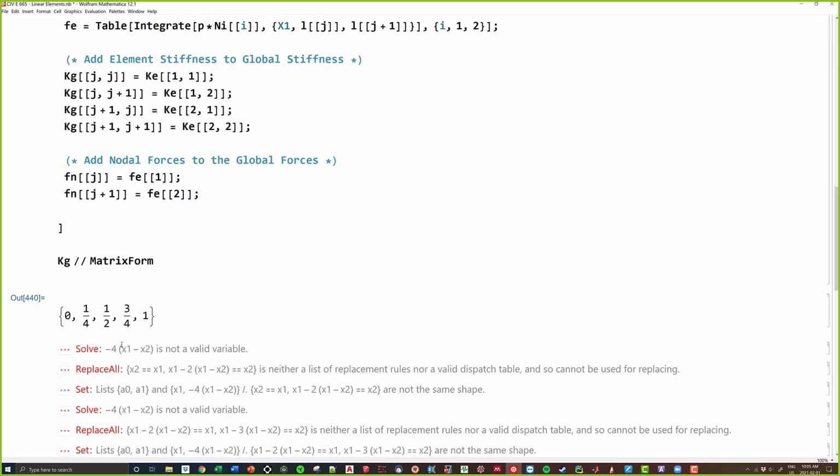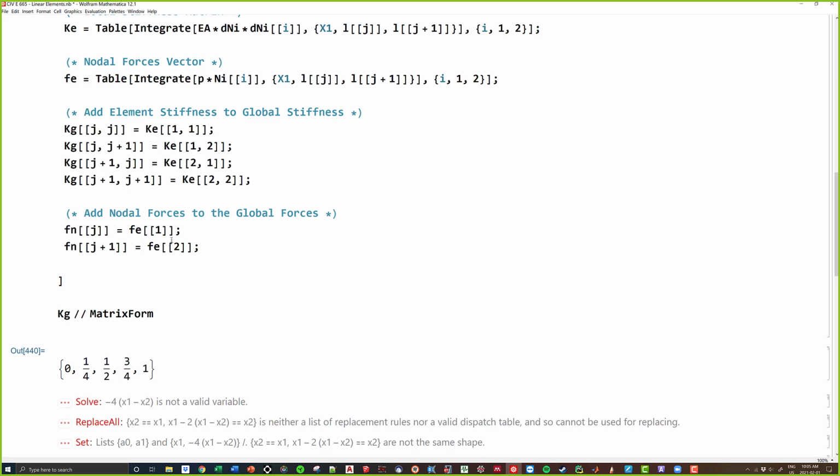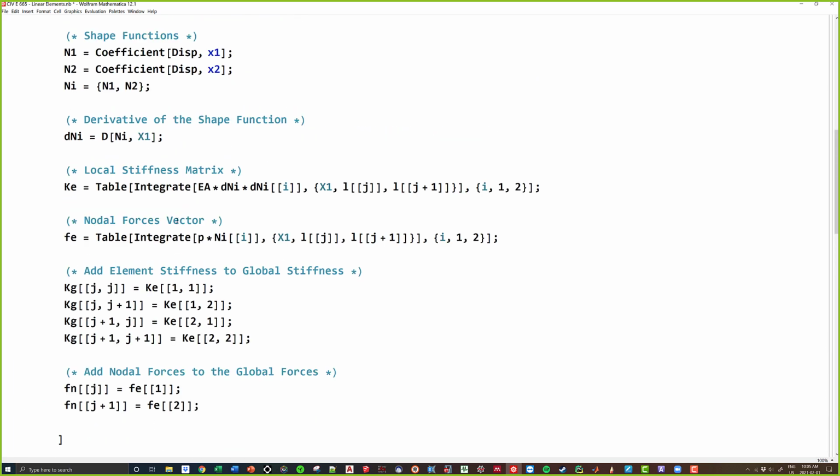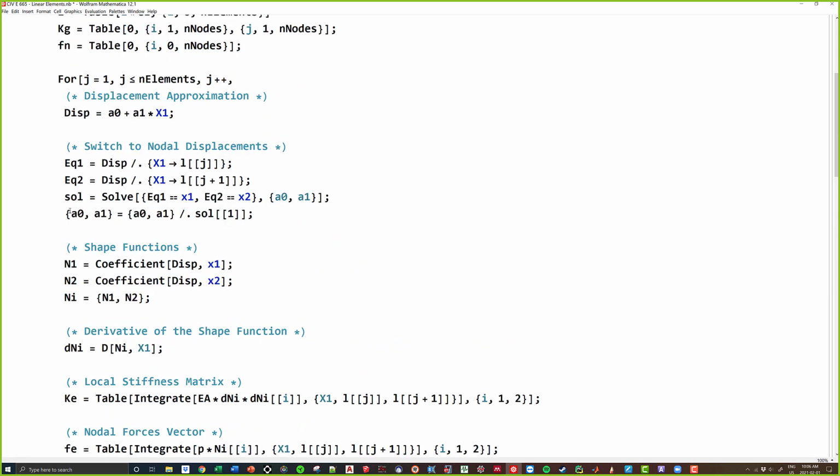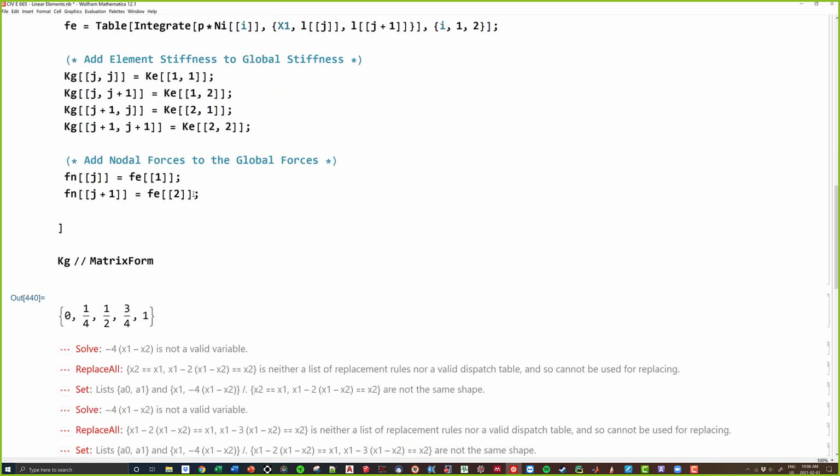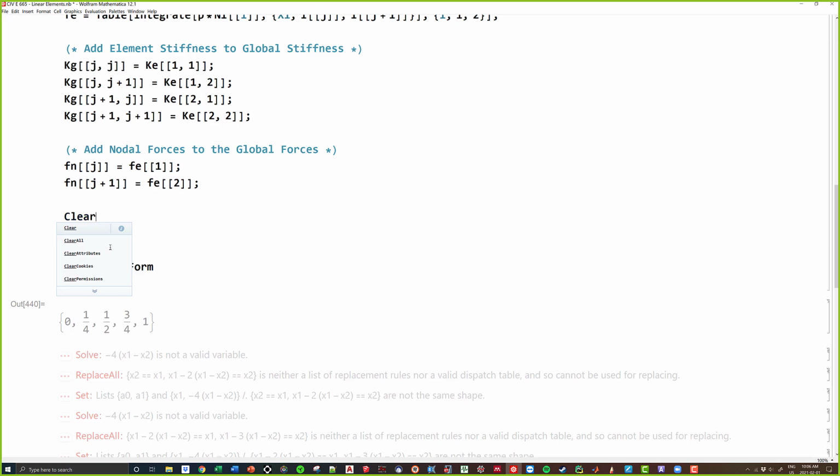I don't even know where that is. X1 minus X2, not a variable. Oh, okay, yeah, so I know exactly what's going on. This is another problem too. So you guys, actually, this is something you guys will be very familiar with. If you guys don't clear any of the variables, when it gets back up to this equation, equation 1's defined, right? Remember, the whole point here was to solve for equation 1. But if we come back up to this point and loop around, and it's already defined, well, then we have a problem because we have something equal to something. We don't have an unknown. So every time that we loop, we actually also need to clear our solving variables. So in this case, we need to clear A0, A1,